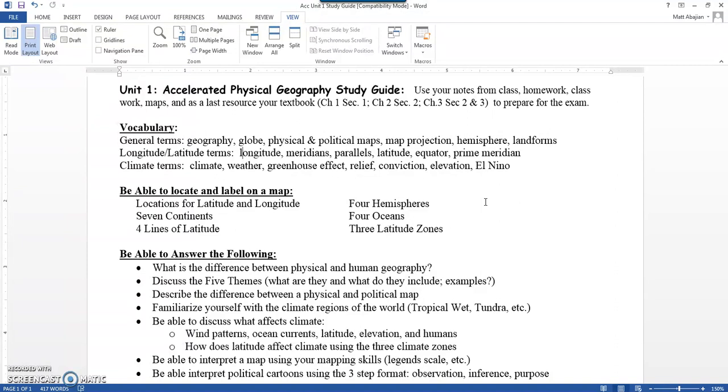So, for example, let's take a look at one of our pieces here and be able to answer the following. Discuss the 5 themes. What are they? What do they do? What do they include? What are some examples? All right, so if we take a look at our notebook, you might be thinking, well,